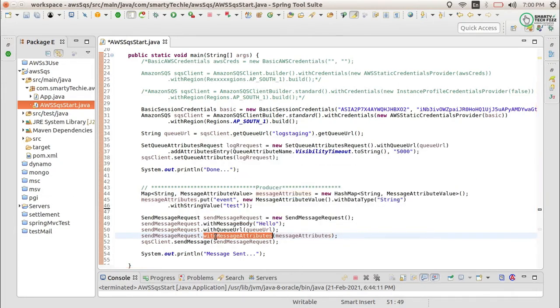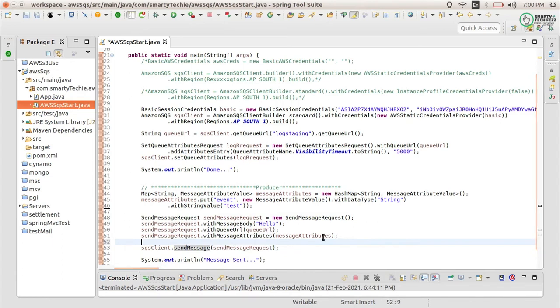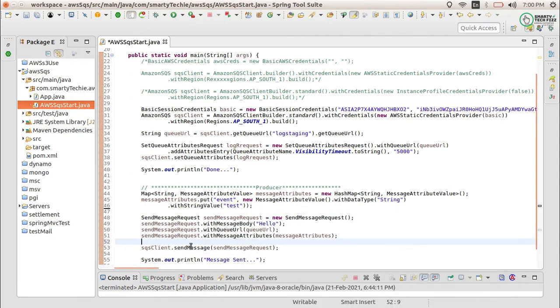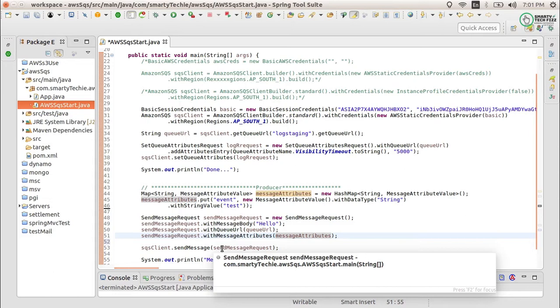And then after setting up all the things, we have to send the message to the queue. So we generally have to use the SQS client dot send message, right? After sending the message, it will send the message as per the event defined by you. You can take it as any of the values, that depends on you. I have named it as an event, and this is the message, this is the queue, this is the message attributes which we have to send, and this send message. Now the message should be sent to the SQS.